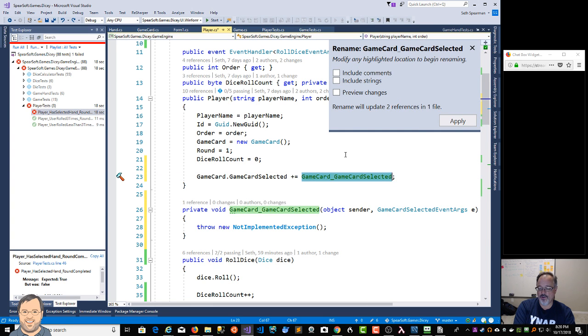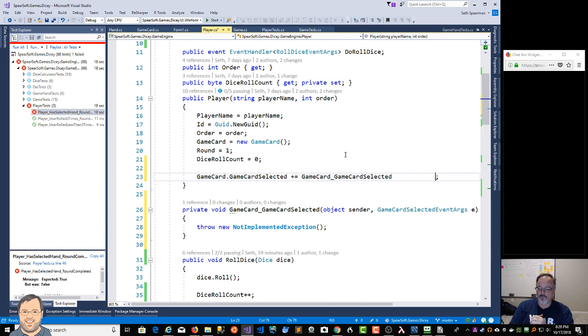Okay, so notice quite nicely what ReSharper did for me there. In this case, ReSharper said